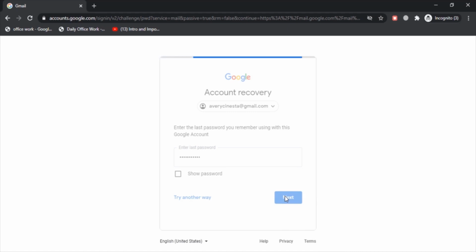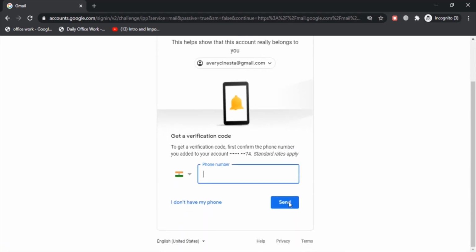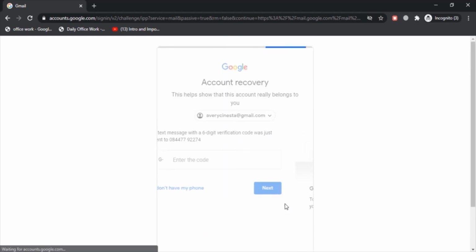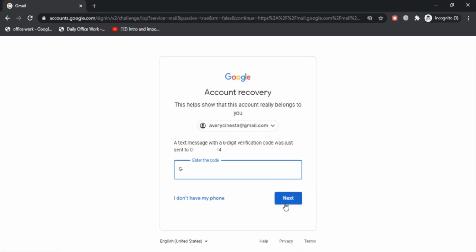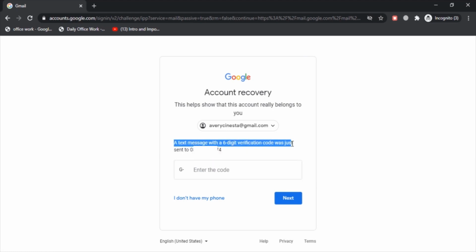Now again it asks you to get the verification code on your phone number added to your account. If you have already added it, you have to enter the phone number and then click send to get the verification code. All right, so with this method you can simply recover or reset the password by entering the verification code that you have received on your phone number.